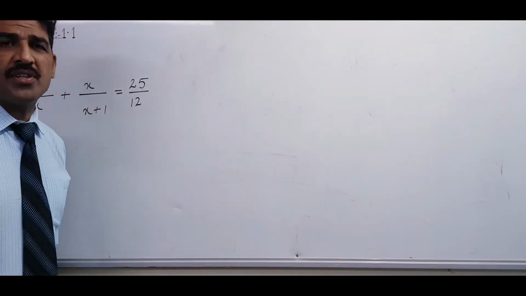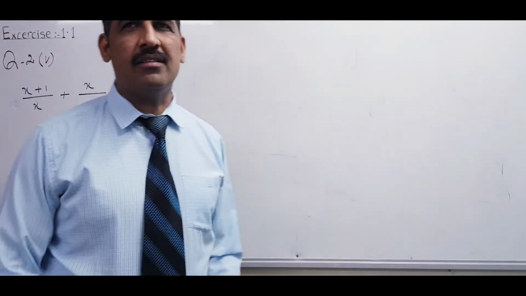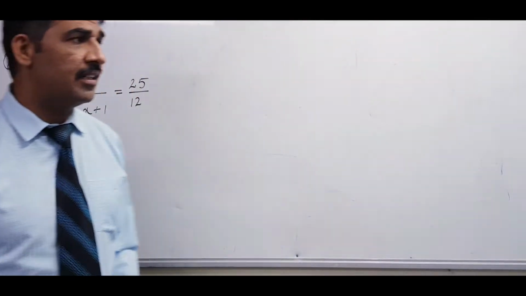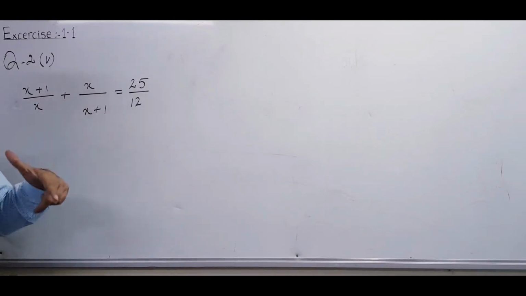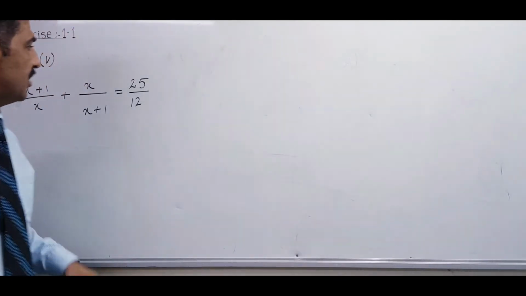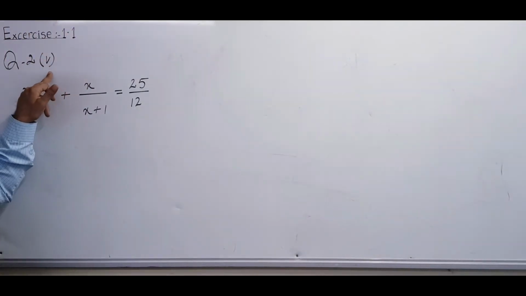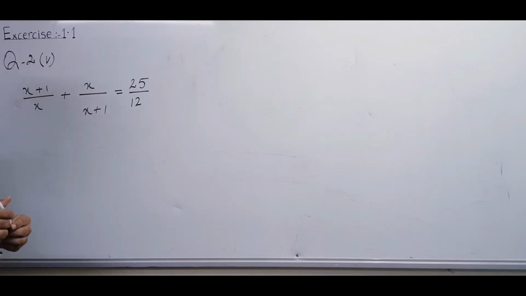First we have to solve question number 2 in the same way as in question number 1, which means first we have to simplify it into standard form or general form. Then after that we have to apply the method of factorization. That's why I chose this question where we need simplification, because the first part is already simplified. That's why the first part and second part will also become part of this question.